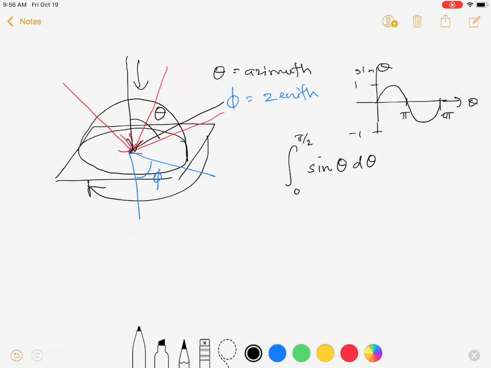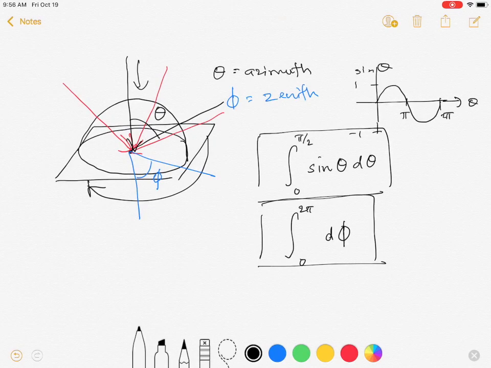Now how about the light that comes from the side? That can be written as this equation, from 0 to 2 pi. Why 2 pi? Because it's a circle, and it moves around the sides of the circle. And this simply equates to, from 0 to 2 pi, the difference of 2 pi. So this equation relates to the amount of light that comes in vertically in the sphere, and this equation is the light that comes from the sides, or the horizontal